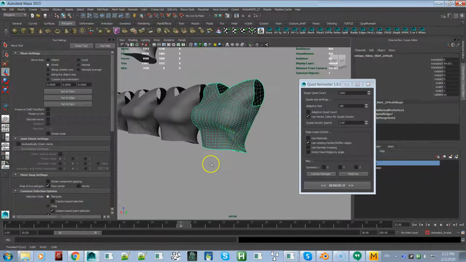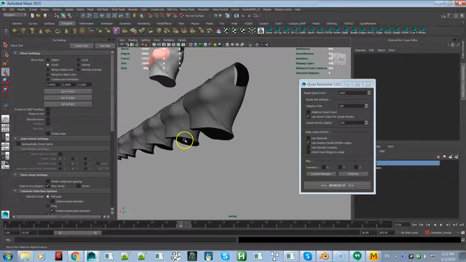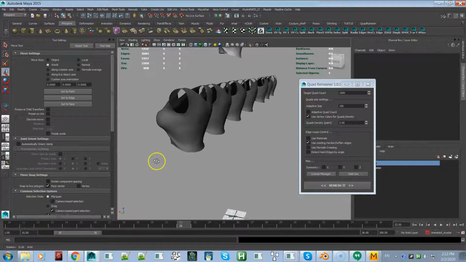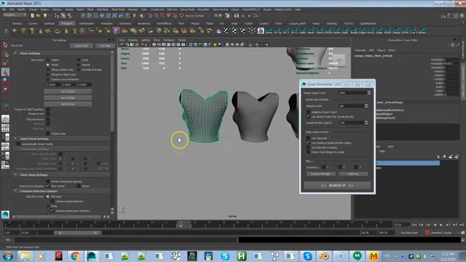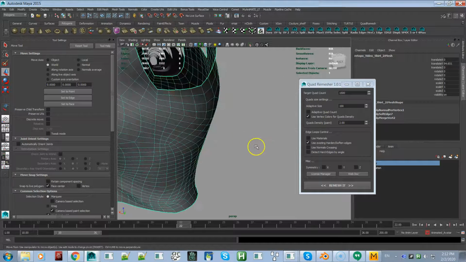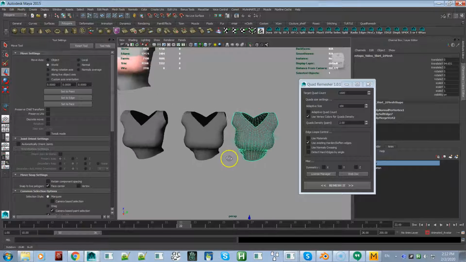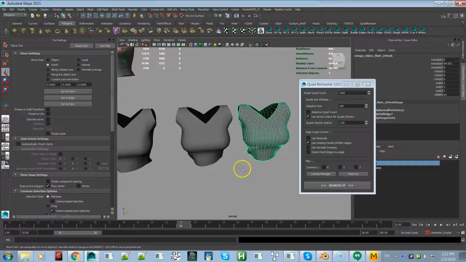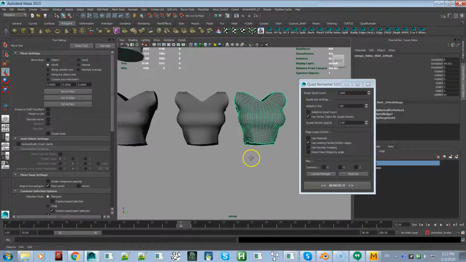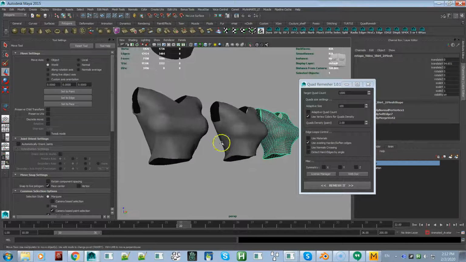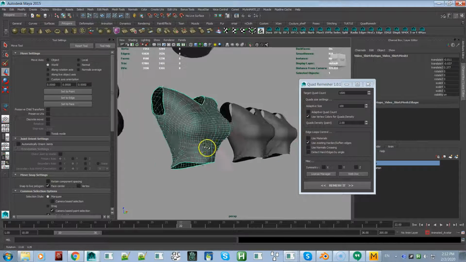But overall, not bad. So I could have cut it down a little bit more. But like you saw, it took me at least a half hour. Probably if I spent an hour, I could get it to look as nice as this,